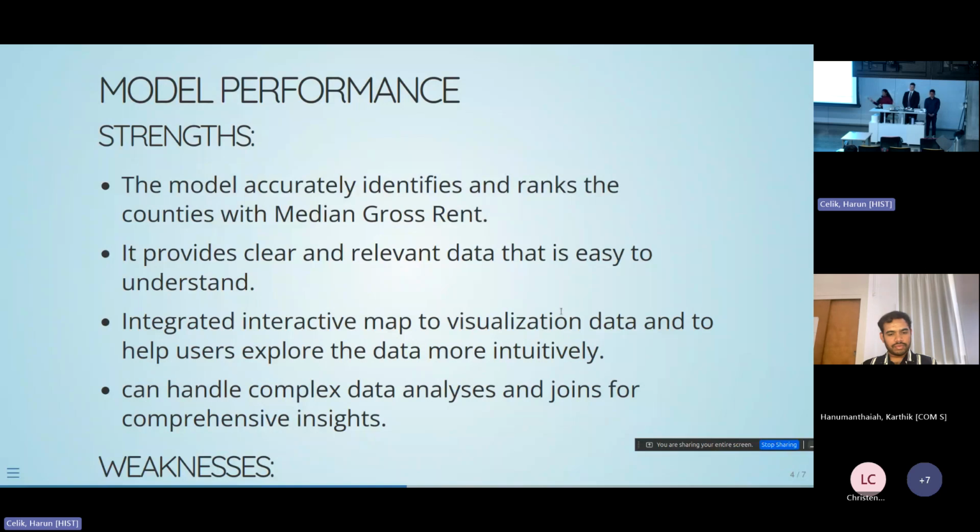So this is one scenario, but our model can also handle complex analysis and joins. It could give you 2 tables if you want to ask for 2 tables, and more complex ones also, giving comprehensive insights. I don't know why the weakness slide has been cut off, but I also want to point out the weaknesses. As Alistair said, our model is at a starting stage, so you need to be more specific while